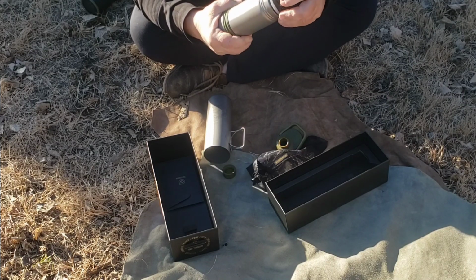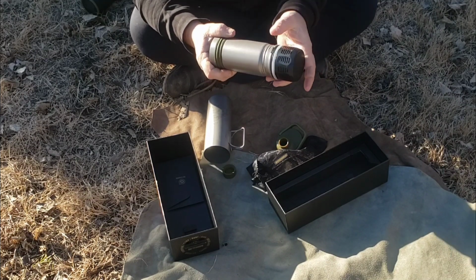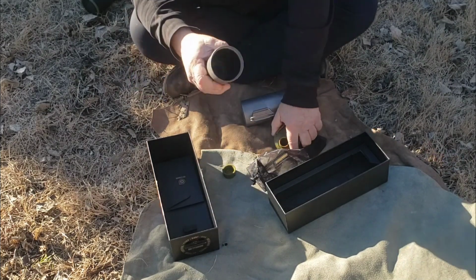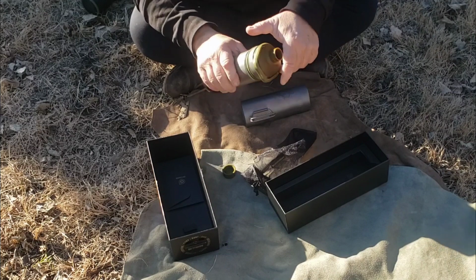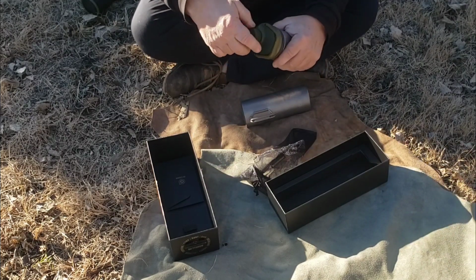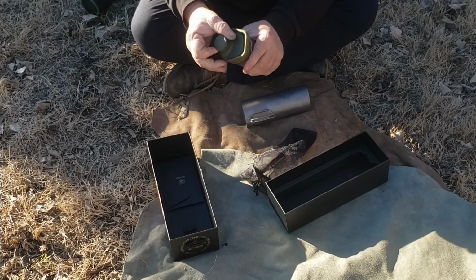Get it back, turn it back to the notch, push it back in. That locks the filter in place. Lid goes back on. So you fill your water, and like I said, I would recommend when you're filling this